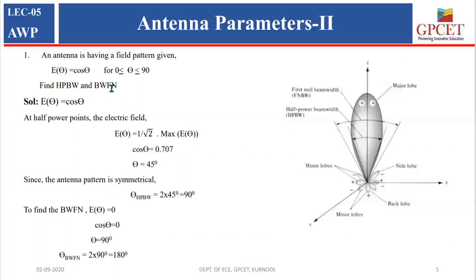To calculate the half power beam width, we must equate this given radiation pattern, since the given pattern is the field pattern,